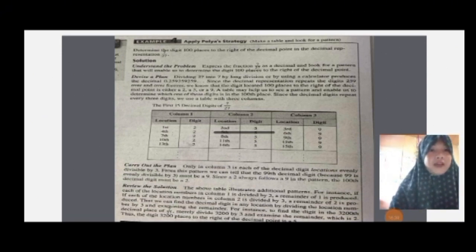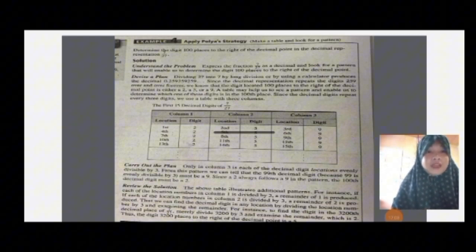Express the fraction as a decimal and look for a pattern that will enable us to determine the digit 100 places to the right of the decimal point. And for devise a plan, dividing 27 by 7 by long division or by using a calculator produces the decimal